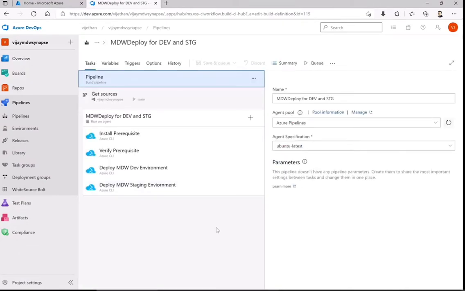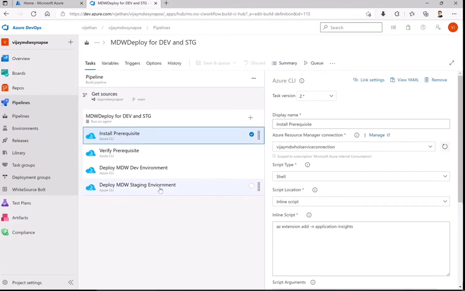First of all, from the pipeline perspective, if you are well versed with creating Azure DevOps classic pipelines, this is what I'm doing at this point. You can also have YAML, but I purposely kept half in classic and half in YAML. I will show you once we do the actual data part. The CLI which I was showing that I'm adding at runtime is this extension, application insight. This is just an inline script running a shell script.